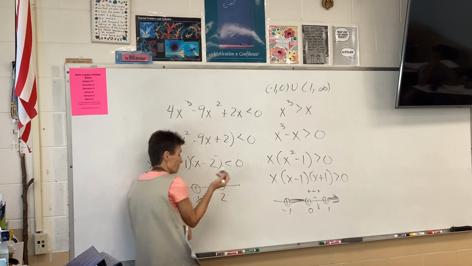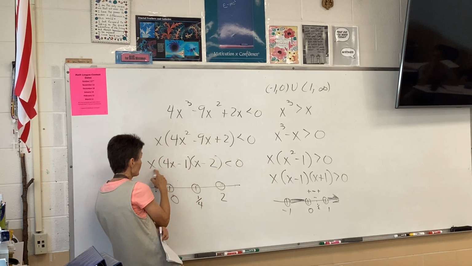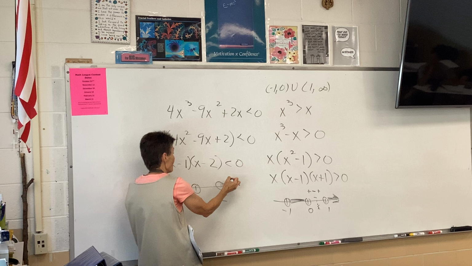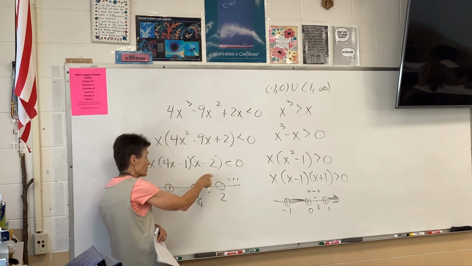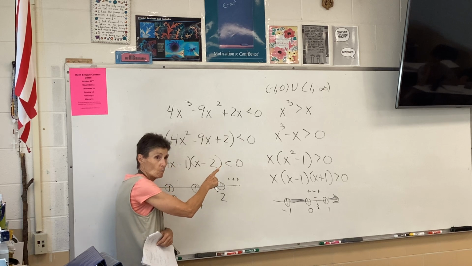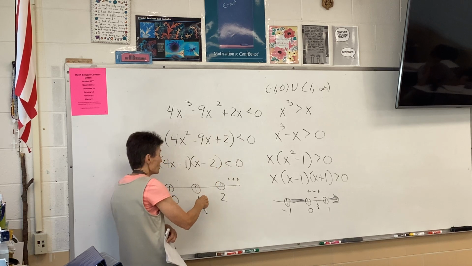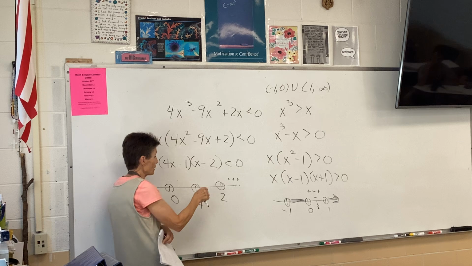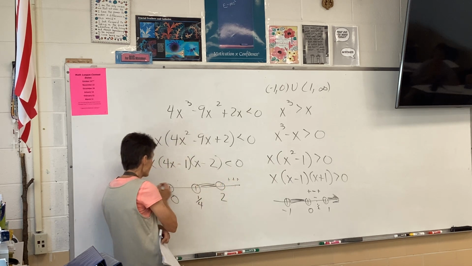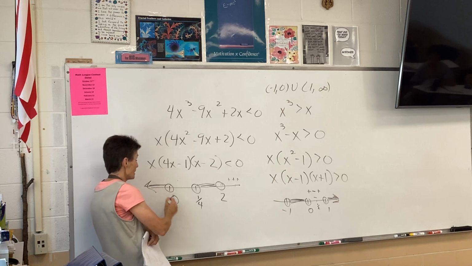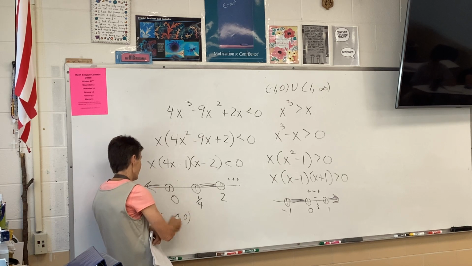I'll pick 3. And if I put 3 in, it's gonna make everything positive, which is not what I want. So if I don't need to show all my work, then since I'm not going to shade that one, I'll shade this one and this one. And my answer will be